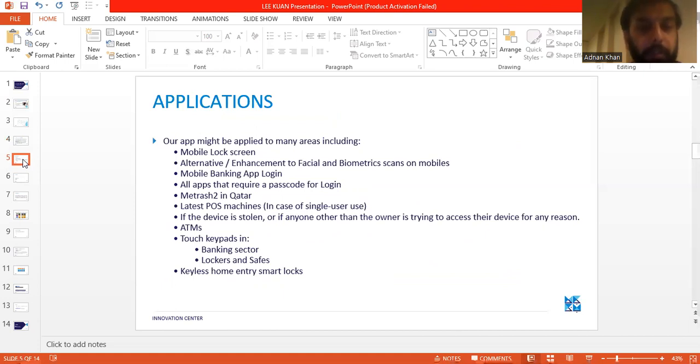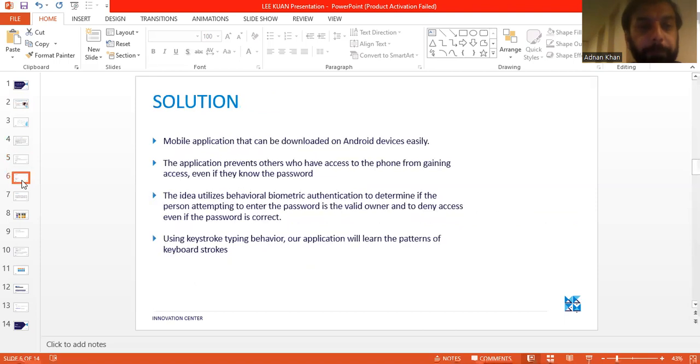For example, here in Qatar, Metrash 2 is an application that stores confidential information and documents unique to its citizens. The latest point of sale machines in single user cases can also use our application, if the device is stolen or if anyone other than the owner is trying to access their device for any reason, for example in ATMs or touch keypads in banking sectors, lockers and safes. It can also be used in keyless home entry smart locks.